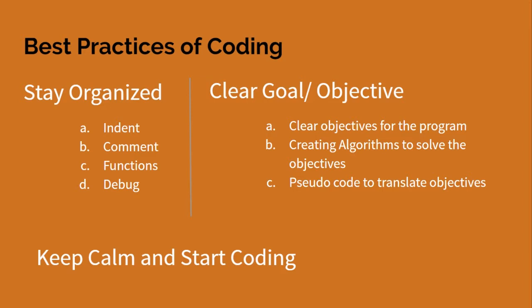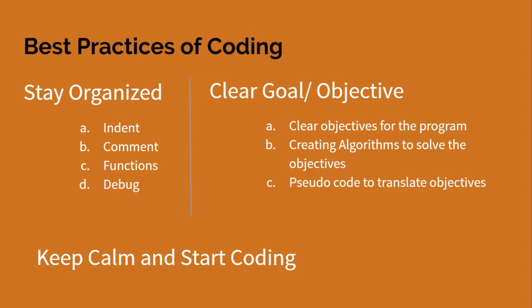Also using comments. So add comments to complex lines of code and variables so that you and anyone else reading your program can understand what certain functions do. So when you're writing something and you're like, wow, this is a really long piece of code, I'm not going to remember what this is going to do later, or I'm going to have to really analyze it later to remember it. So all you can do is write a nice comment saying, this is what this does, and then it'll jog your memory, or it'll jog the memory of anyone else who's working on it.